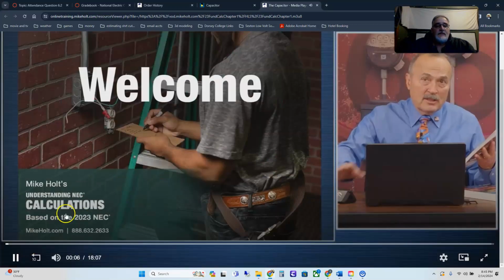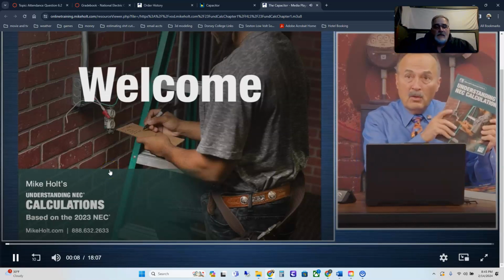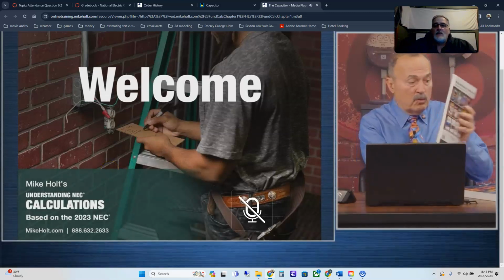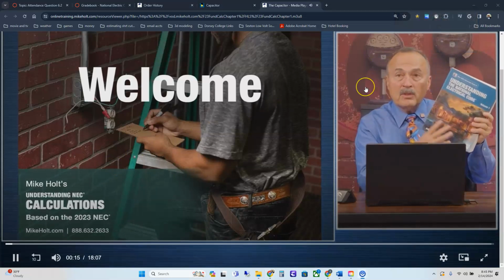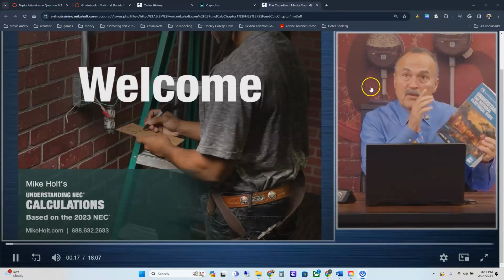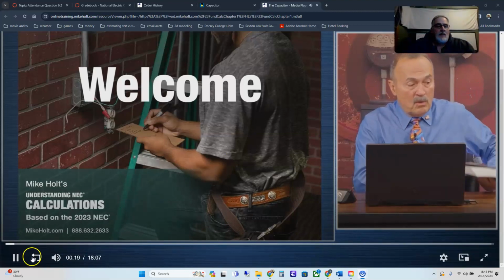Code calculations. It comes both as a standalone book, which has only those rules, or it comes with the Understanding the NEC library, which the rules are already contained in here, but the videos will be reflective in this program as